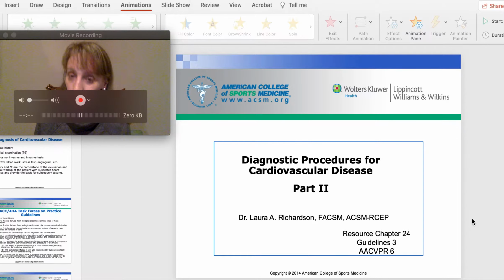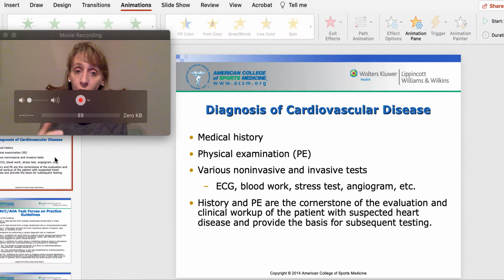Welcome to week 4, and now we're going to move into a little bit more of the diagnostic procedures. So if we were on campus face-to-face, we would do this lecture and then spend some time together in the lab, and I'll explain to you what we'd be doing in the lab together. So let's go into a little bit of how we collect the information we're going to need from a patient